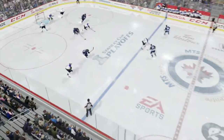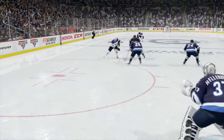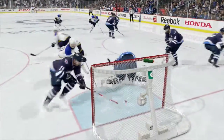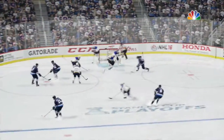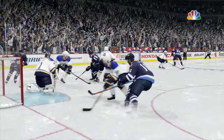Pass cut, strong play. St. Louis carries it through the neutral zone. Oh, that's good. Shoots. Got the iron with the shot. Hammered. Wow, what a glove save. The lopsided shot totals: 21 for the Jets and 6 for the Blues. The Blues are being held in this game by their